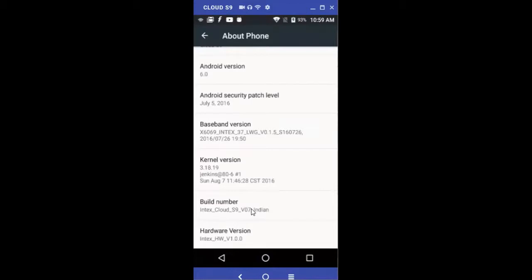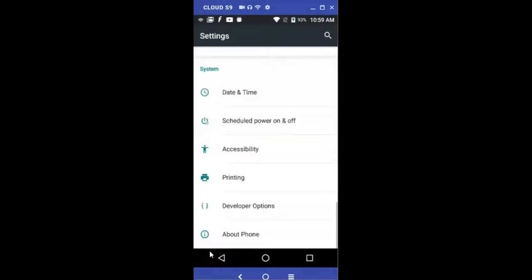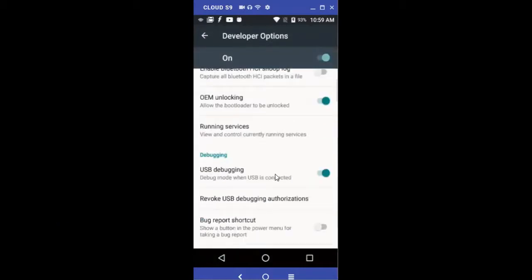If you click on this build number 5 to 6 times, then your developer option will turn on. Then click on the developer options and enable the USB debugging. So this is method 1.